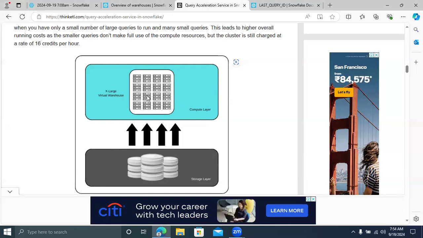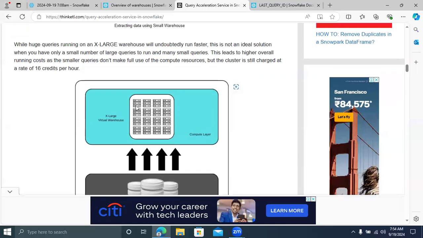what the problem here is, sometimes you will run small queries. But though it's an extra large virtual warehouse, the credits will be more per hour. If you are running complex queries, that is fine. If you're running small queries, why do you want to waste cost? Because for 1 hour, how many credits are they charging? 16 credits. Now, for huge workloads, good.